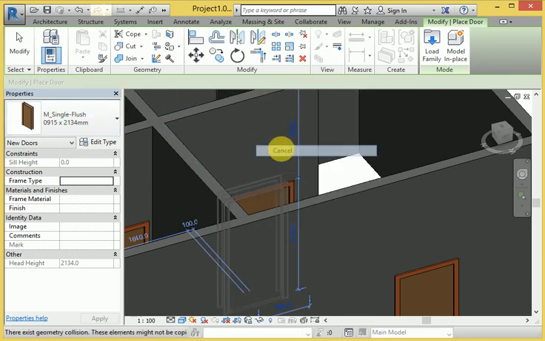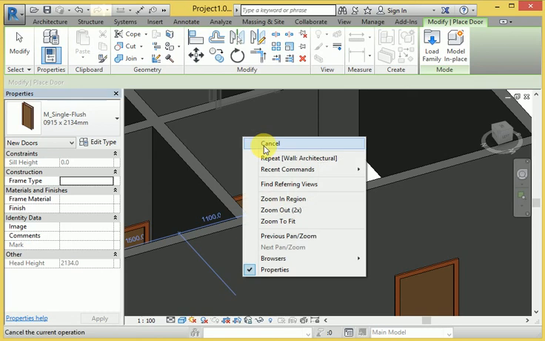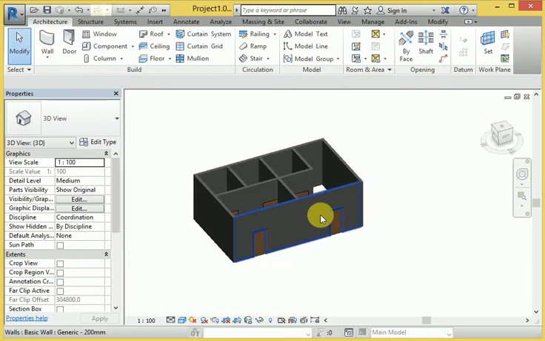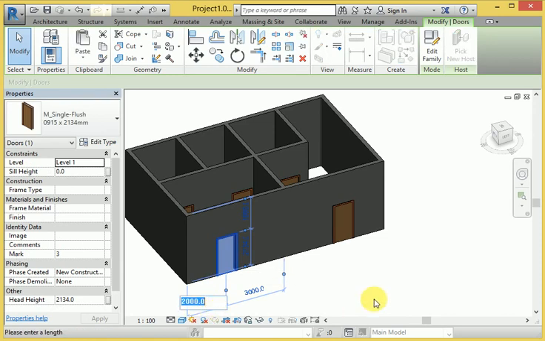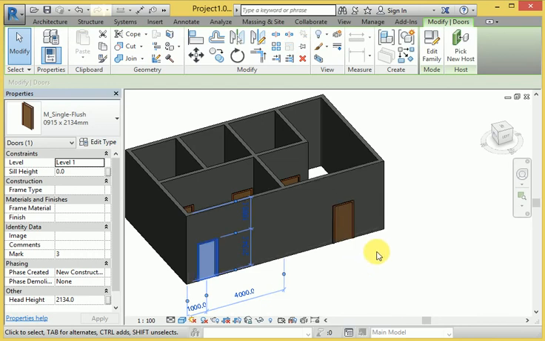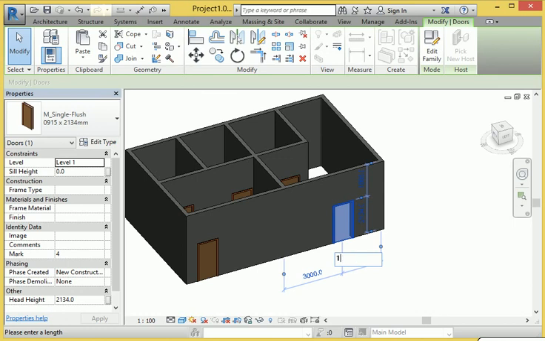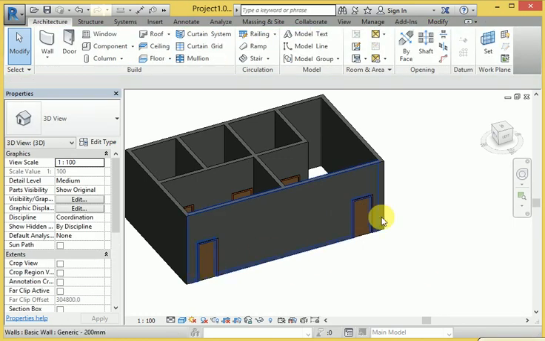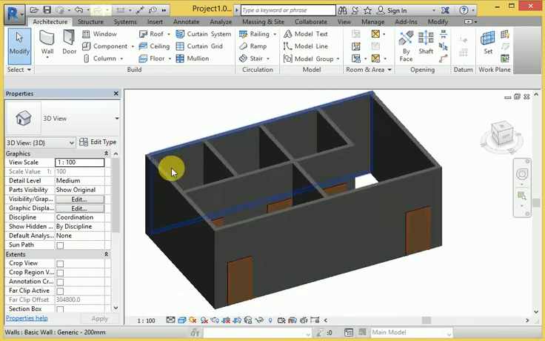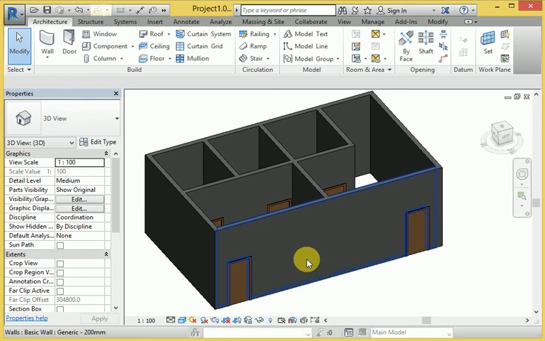When I change any particular door and size here, look at this. First I click and change the distance to 1000 near the door here, and also here we can change 1000. They take a default length and height, but according to our requirement I have given this particular length and height properly.